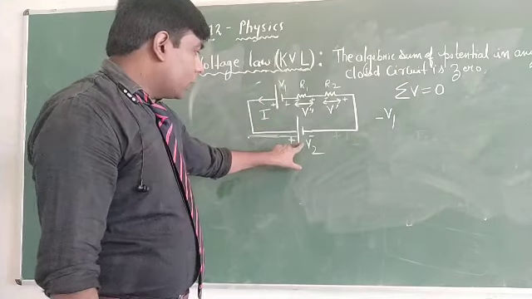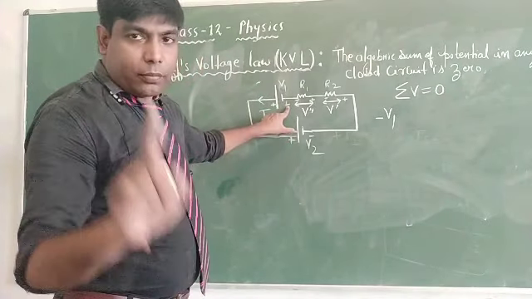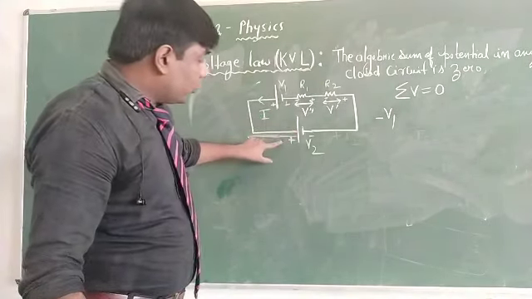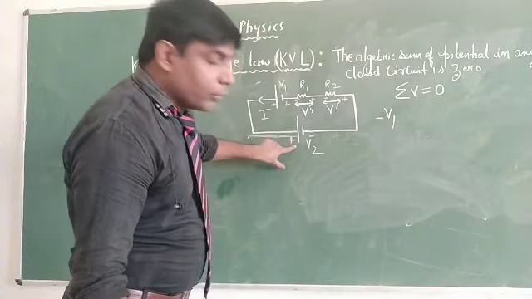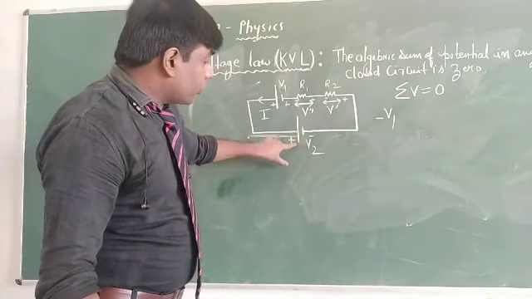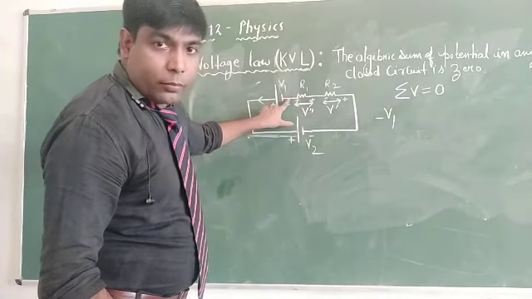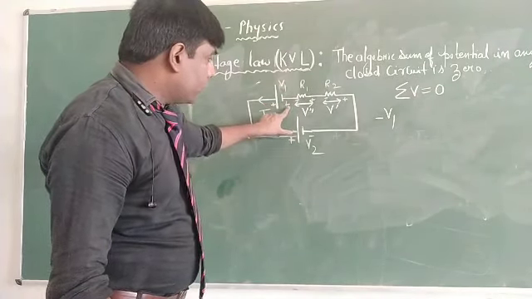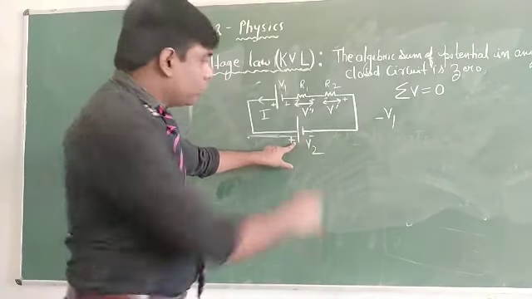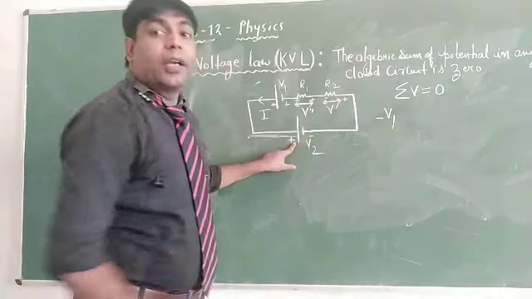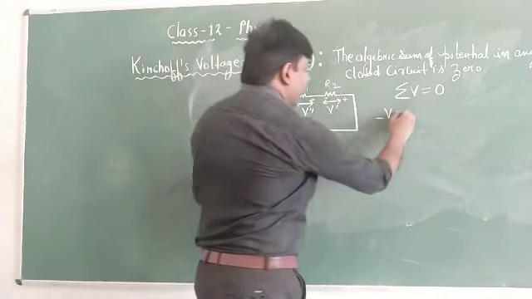When you come here, since you have considered the first terminal, when you enter here, then also you have to take the first point. See here, first point of this voltage is what? Positive, it is not negative. See here, when you started from here, the first point was negative, but here the first point is positive because you are coming in which direction? That is anti-clockwise direction. So here you write plus.